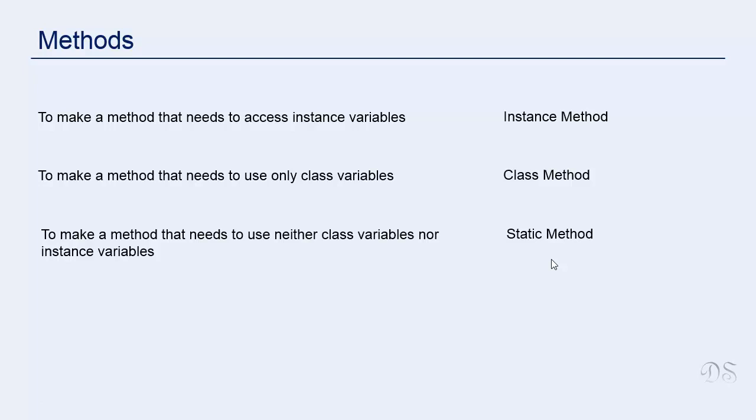So instead of defining a static method, you can define a module level function that is defined near the class. So if you have a single class per module or only closely related classes in a module, then you can make a module level function instead of writing a static method.